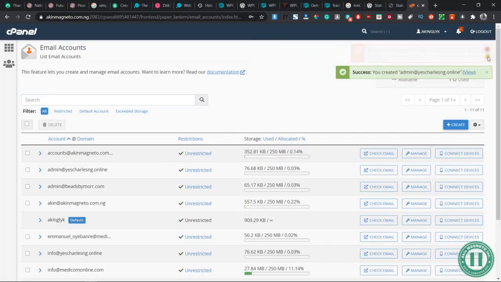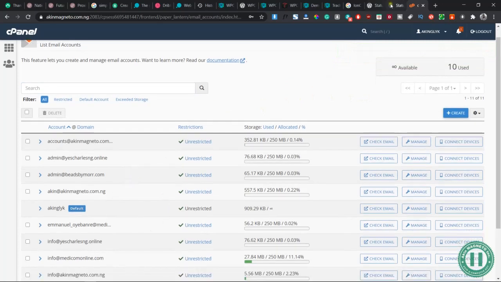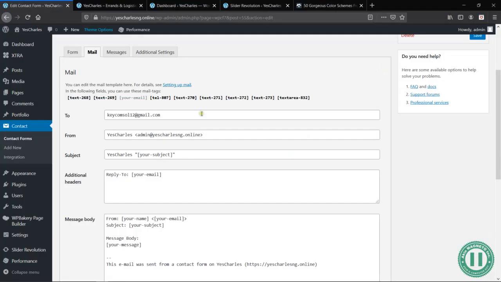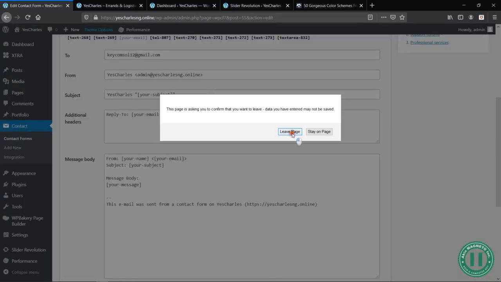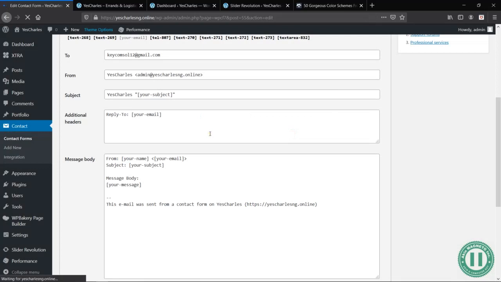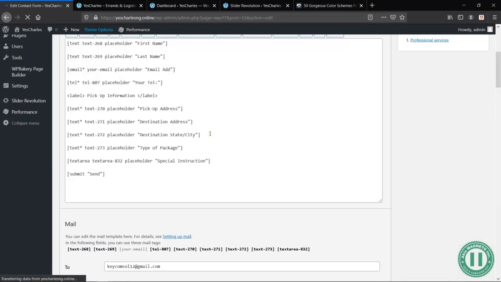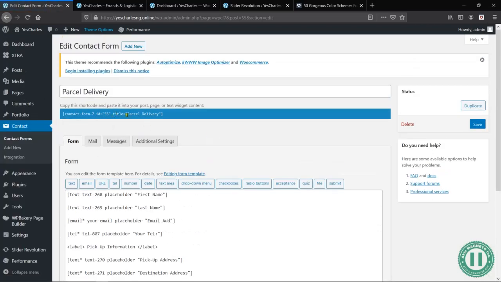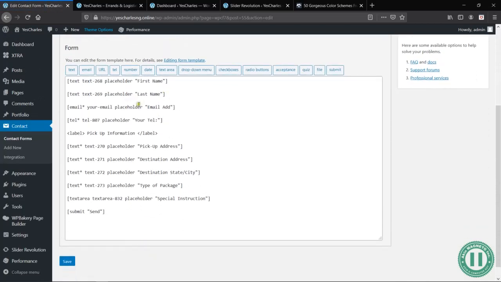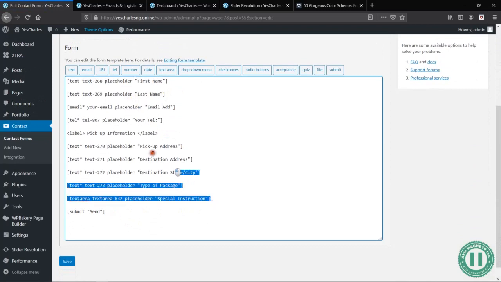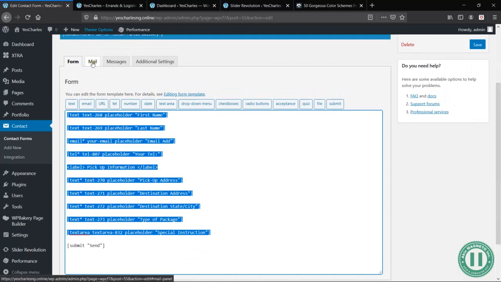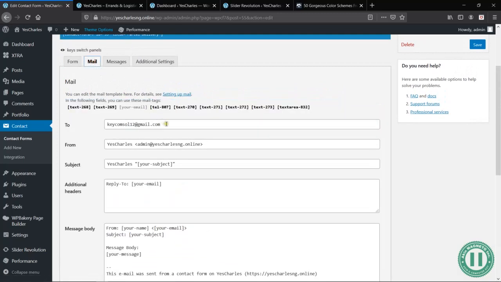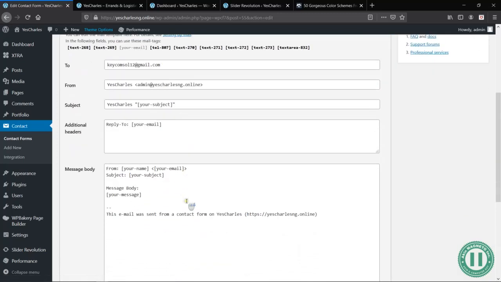Okay, so once those 2 email addresses are created, now what we need to do is to go back to the form. Let's refresh this particular page, and now let's continue our configuration. We want all the values inputted in this form to be submitted. That means we are collecting values, and for it to be delivered properly, we need to write some